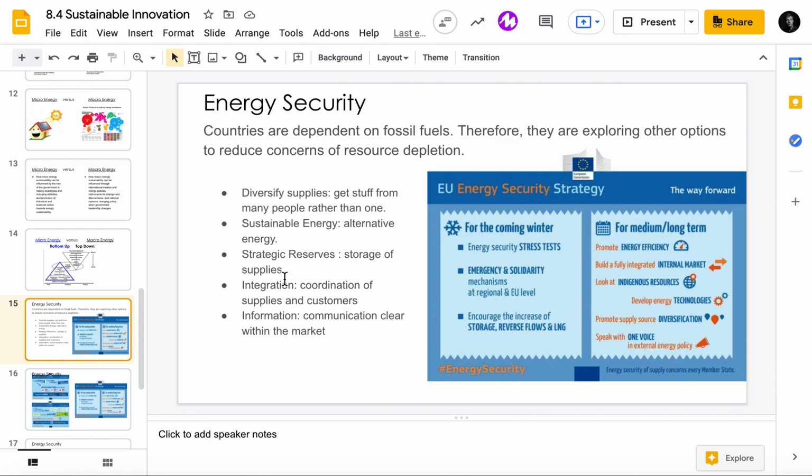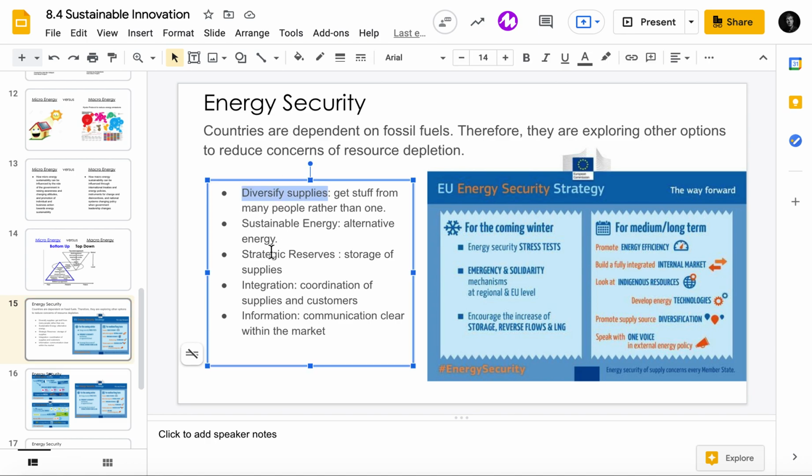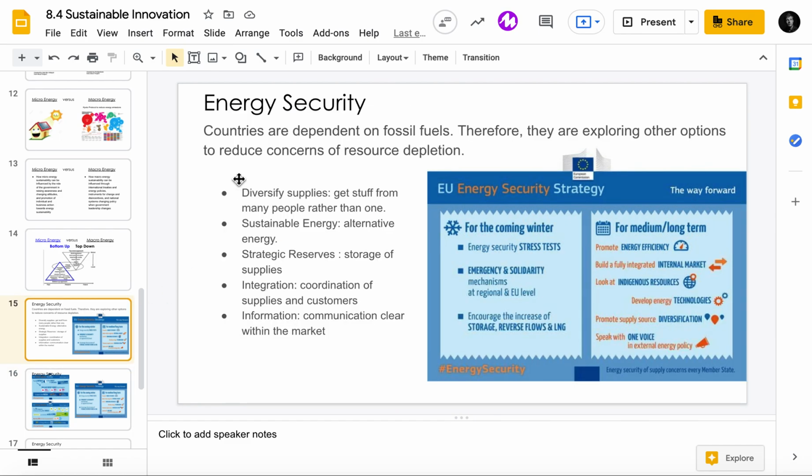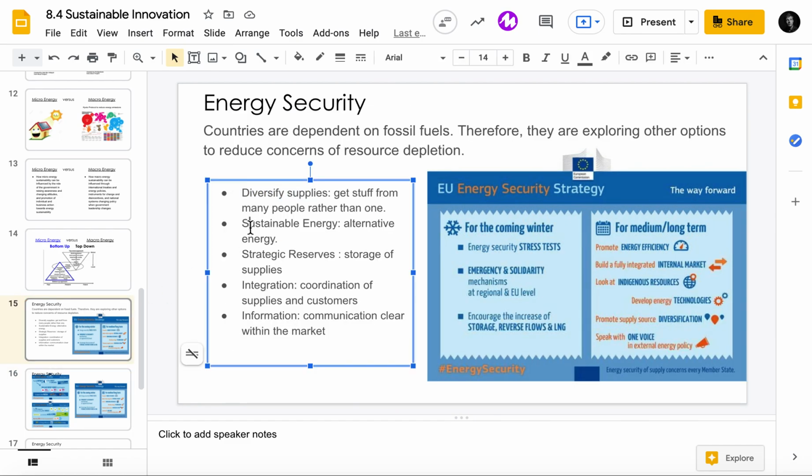So this is where countries can actually start trying to come up with different ideas or different technologies to reduce or change their energy usage. So it's things like diversifying. So rather than getting it all from Russia, I think on this slide it talks a bit about it, they're importing a lot of these things. So much of it is from Russia. So trying to change where they get stuff from, using sustainable energy resources,